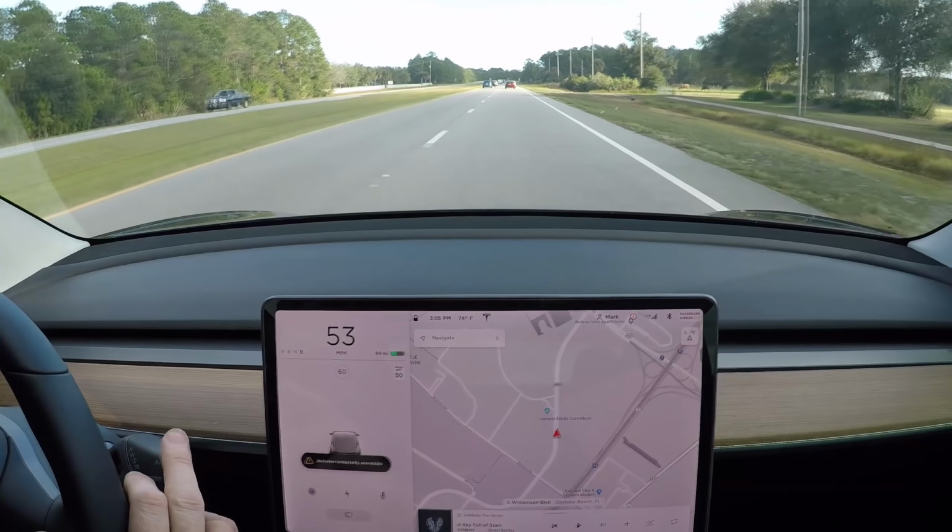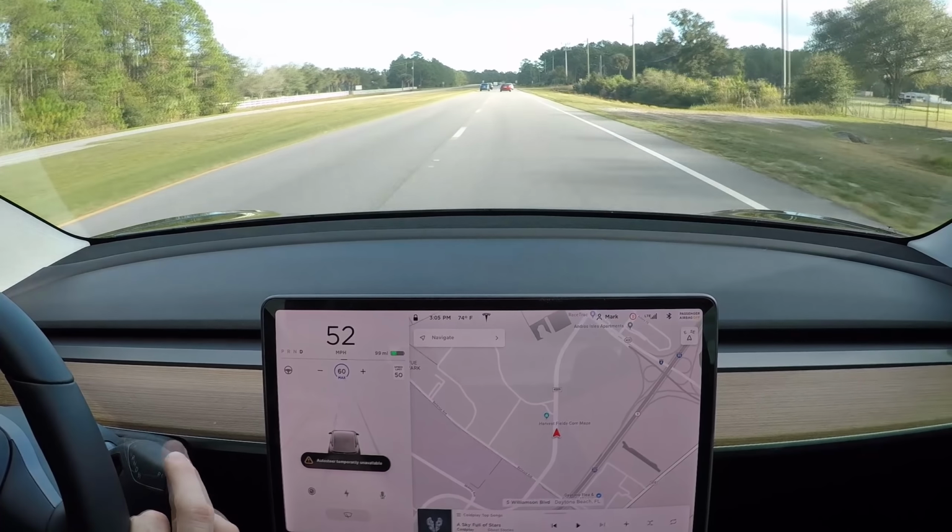But also in this version, I wanted to test and see if there's anything new or different in it. The only thing I noticed a little bit differently is when you're stopped at a traffic light and you just barely touch your foot to the accelerator, my car, when I let off the accelerator, is still creeping just a little bit, and then it comes to a smooth stop. So that follow distance when you come to a stop at traffic lights sometimes is a little bit far back, so I'll tap